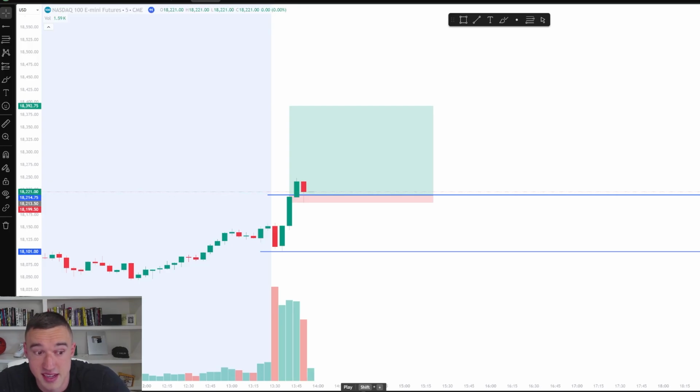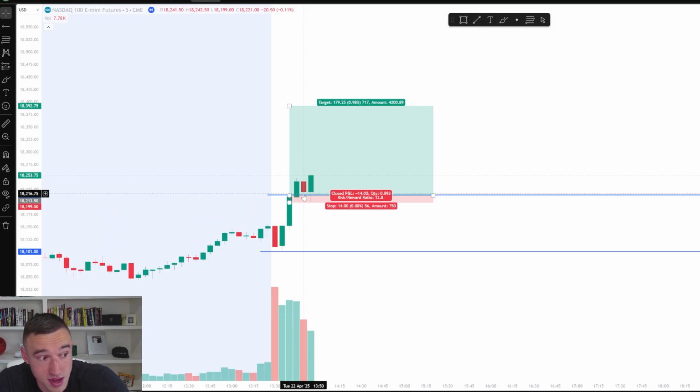Right at the end of this. I technically entered on this candle, but this was about to develop. I enter right here at 2:15 between these 2 candles. I set my stops below this candle, which, by the way, I record my trades live in real time and